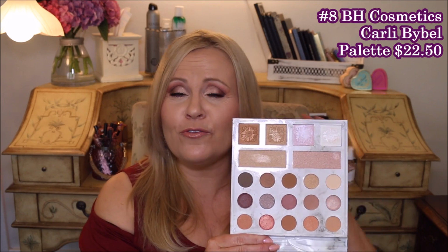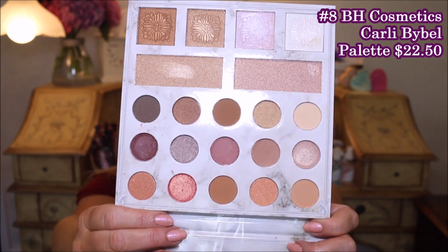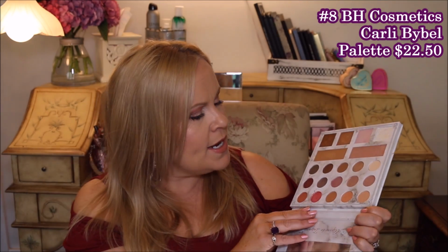And this might come as a bit of a surprise to most of you because, as you know, this has only been out for a few months now. But this palette is just, I love it. I know that she really could have just stuck with her highlighters and put some matte blushes or some matte bronzers right there. But aside from that, these colors, all of the eyeshadows, are just so nice to work with. And they are really, really good